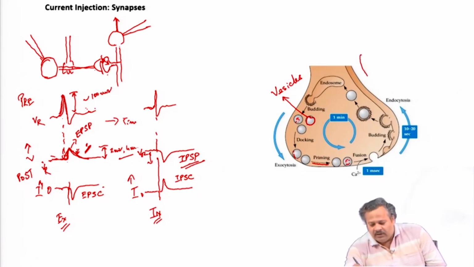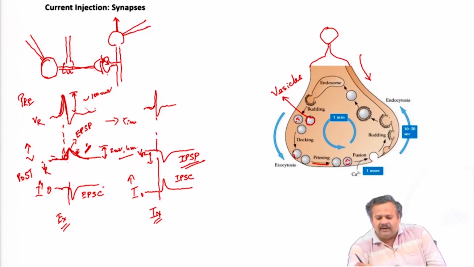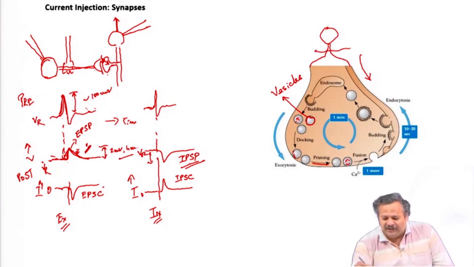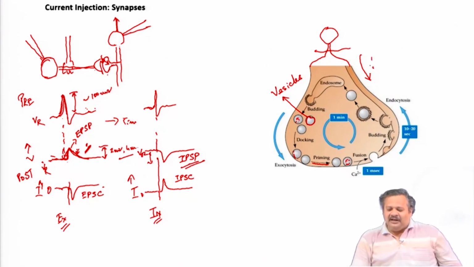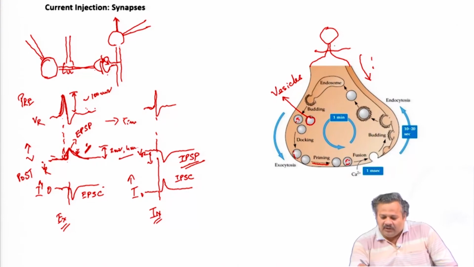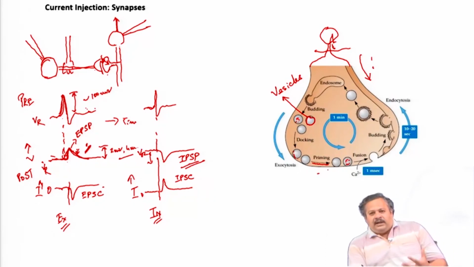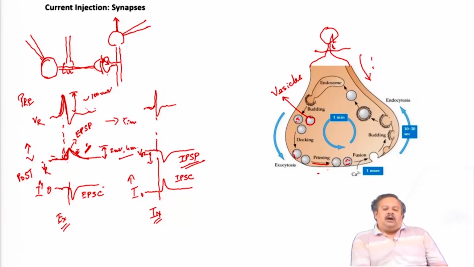When an action potential occurs in the presynaptic neuron, so let us say the neuron is here whose axon ends up into this terminal. So, up to here it is one scale, and from here it is another scale. So, the action potential is occurring here at the axon hillock, that travels and finally reaches the axon terminal, which is drawn in this enlarged manner. What we mean by the action potential reaching the axon terminal is that the voltage takes time to travel from the